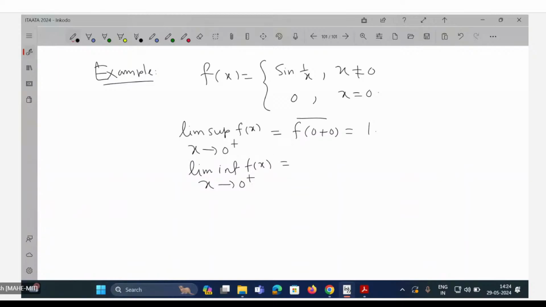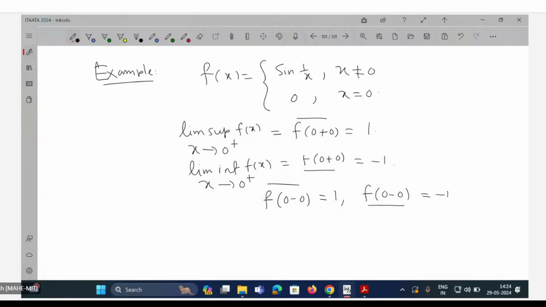Or you have limit of 0 plus 0, it is also going to be minus 1. And what will be 0 minus this? It's again going to be 1, and 0 minus 0 lower, it will be minus 1 again. Right? The same idea is the same. So that means